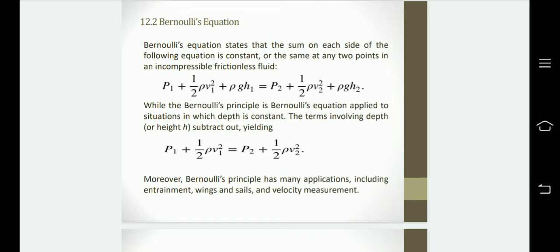Moreover, Bernoulli's equation is a form of the conservation of energy principle. So ρgh also stands for the gravitational potential energy per unit